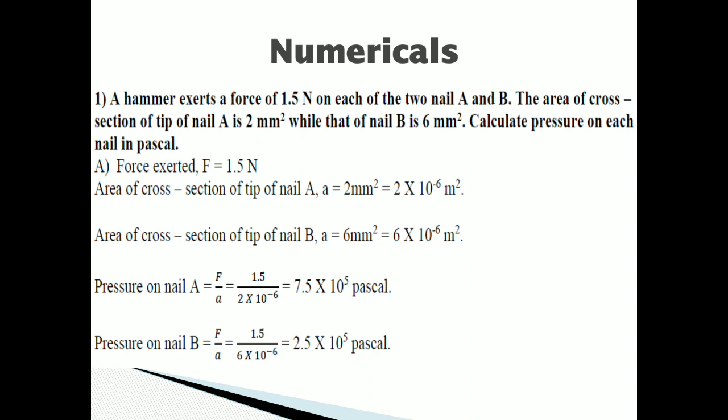We can leave the answer in whichever form we want. It is not necessary to get the answer only in this form. Even if you leave the answer in terms of a fraction, that will do. Means if I am getting 55 upon 100, I can leave it that way also. Only, since it is pressure, you have to write the specific unit. You can write Pascal, means 55 upon 100 Pascal. Then also you will be getting it right. Okay, let's move to the next one.